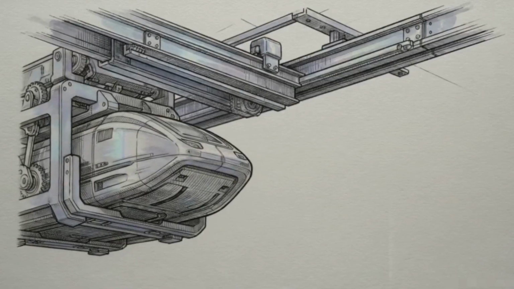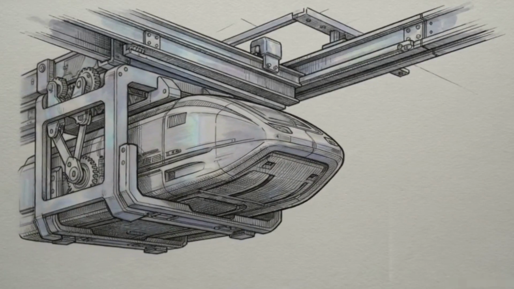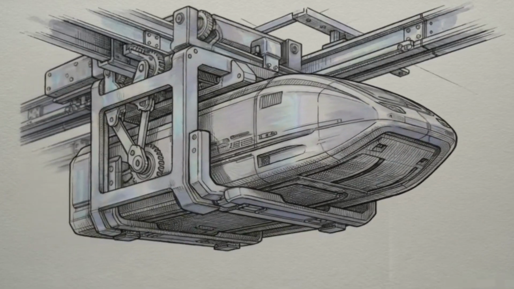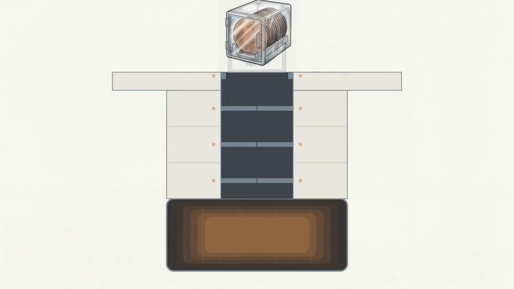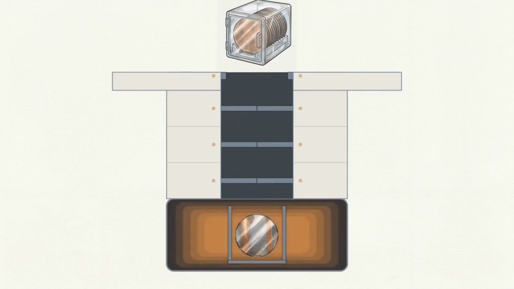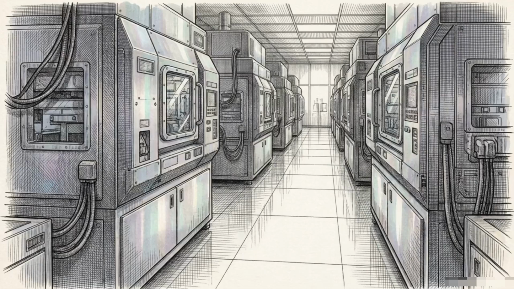To prevent contamination, FOUPs do not move across the floor. Automated overhead transport systems navigate the ceiling, delivering the sealed pods precisely to required tools. The tool receives the FOUP and mechanically lowers the wafers through vacuum load locks directly into the active process chambers. The silicon is never exposed to the ambient room. A modern fab is essentially a $170 million clockwork mechanism designed with one goal: protecting the microscopic perfection of the